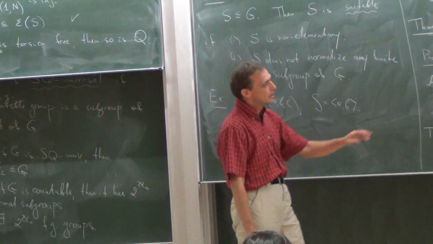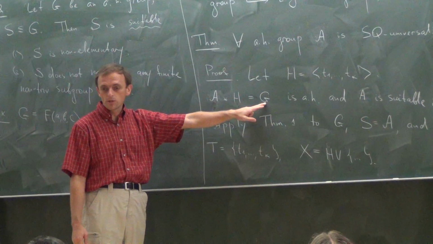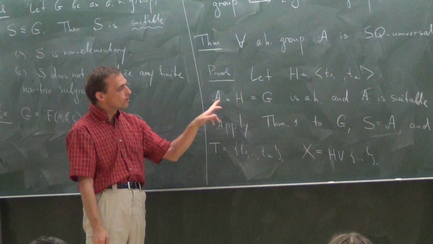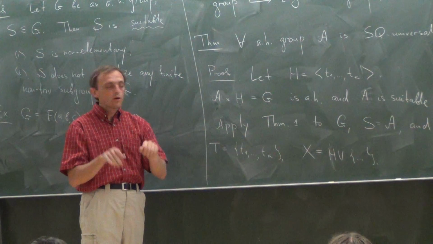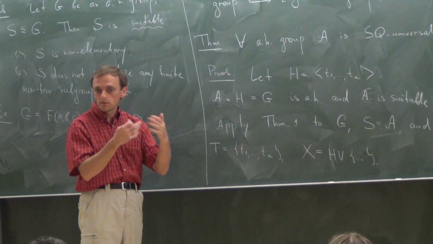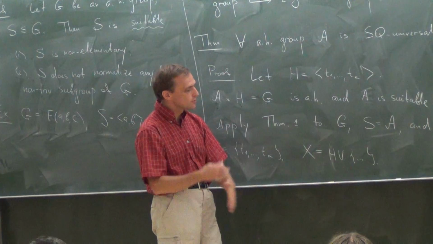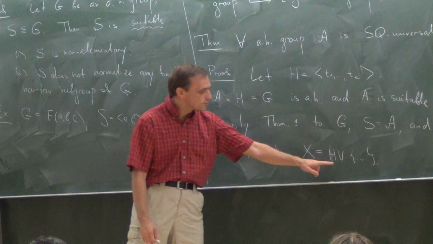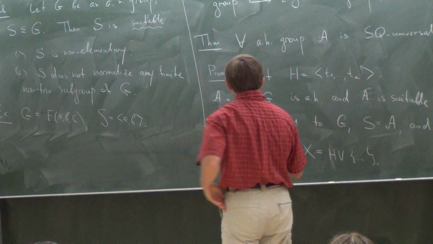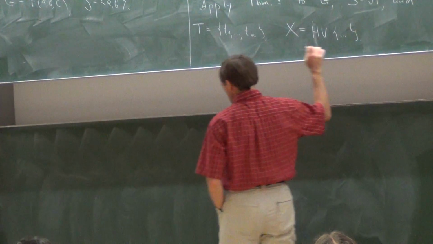Well, for example, if you have an action of A on a hyperbolic space, and you want to find an action of G on a hyperbolic space, and you use the tree of spaces approach, then you somehow compose the action of this free product on the Bass-Serre tree with the action of A on the original space. And H stabilizes a point on the Bass-Serre tree, which means that if you pass from this action to the set of generators via the standard Milnor-Schwarz argument, H will be included in the set of generators. So this is something which is very easy. So you apply the first theorem, and what you get immediately is a quotient